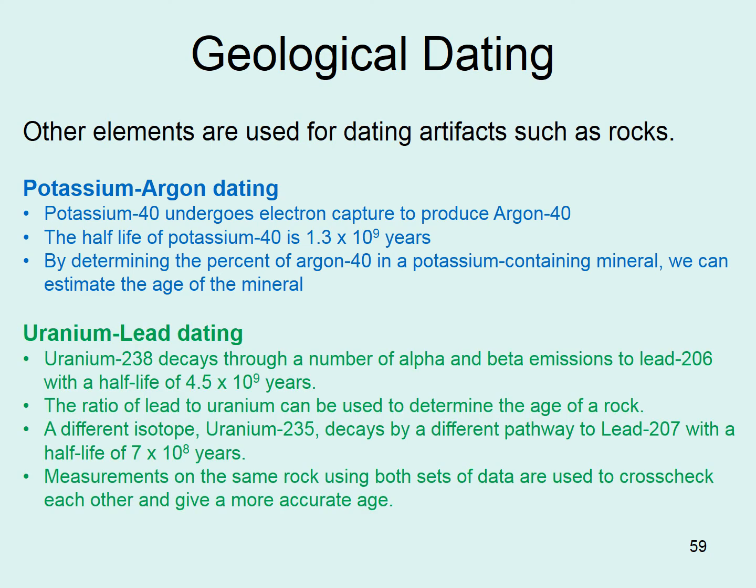In a similar way, we can look at uranium and lead concentrations to also date. Uranium-238 decays to lead-206 and has a half-life of 4.5 billion years. So again, the ratio